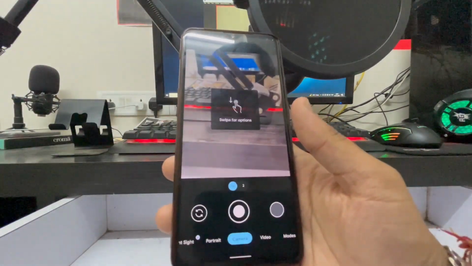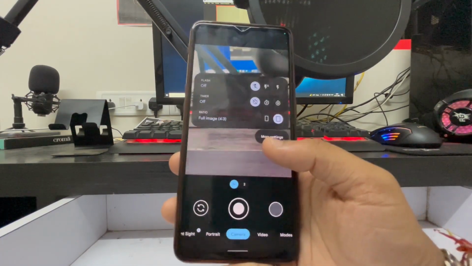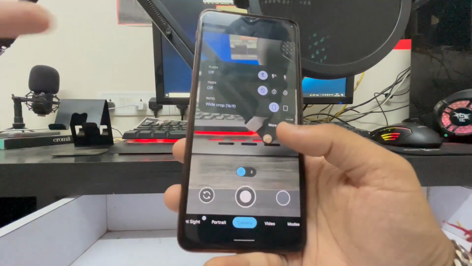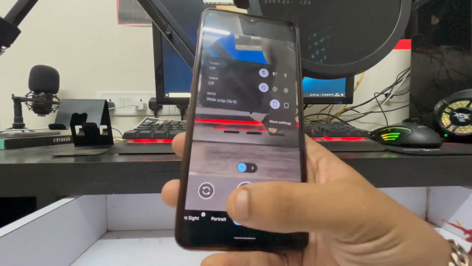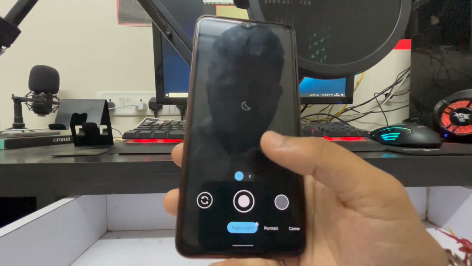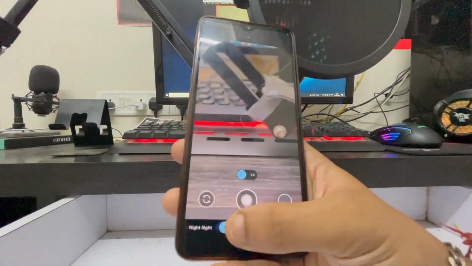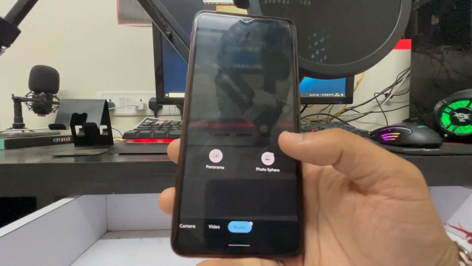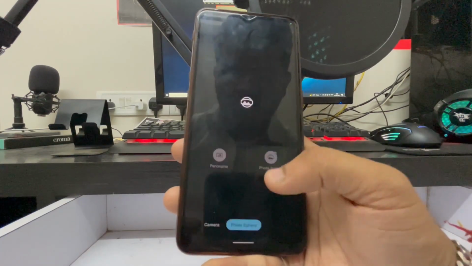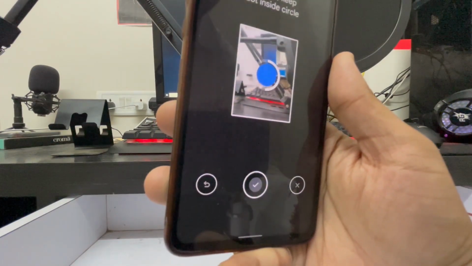So we'll go back to our camera and swipe down for some options. As you can see, we can even set a flash, timer and ratio of the image. If you want to keep a full image, we can do that. We also got a portrait mode and it works really well. And we got night sight if you want to click some pictures at night. We got almost all the options we get in our stock OnePlus camera, and we even got one additional mode, Photosphere. We can click images and make a full 3D hologram type of thing.